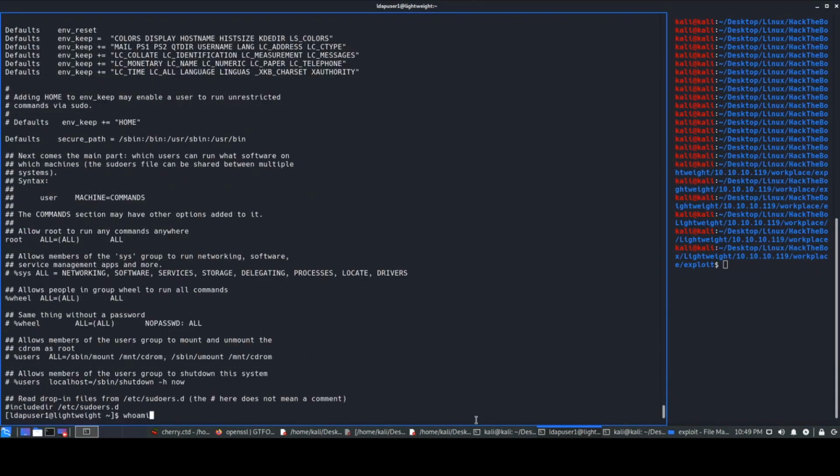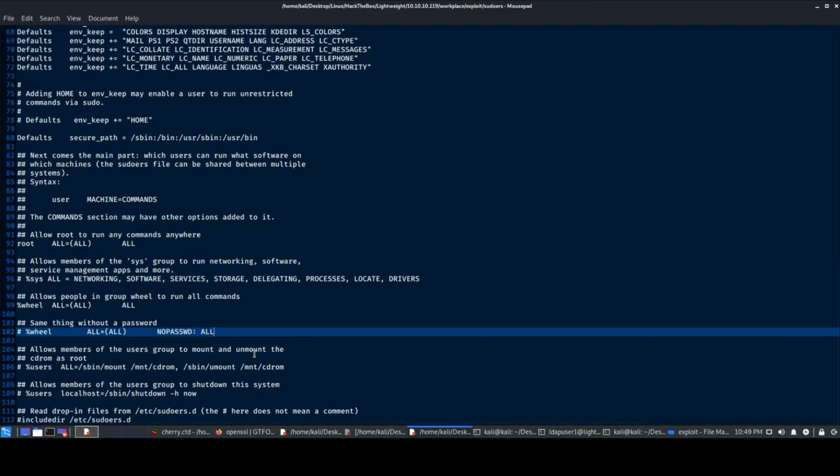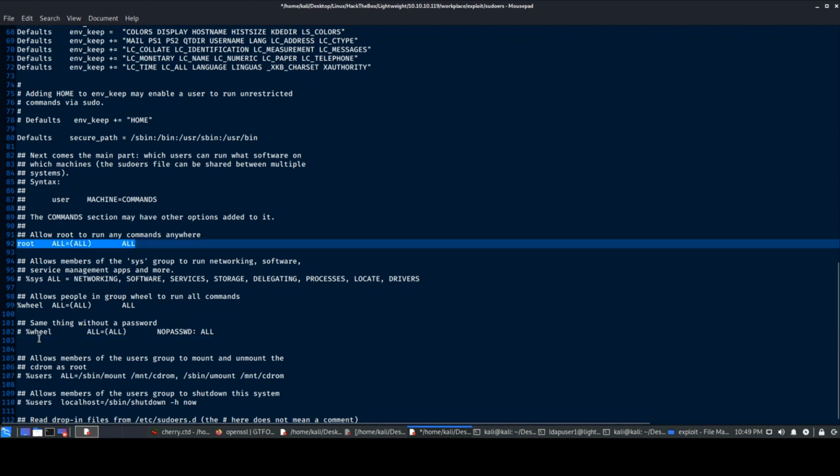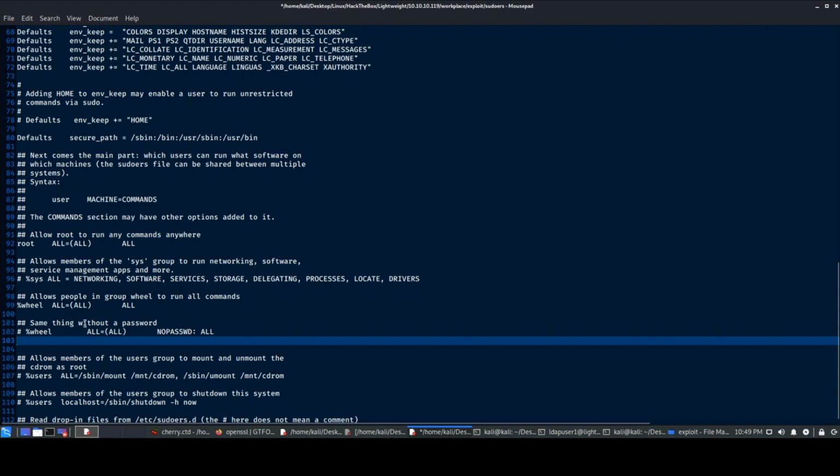If you do whoami, we are LDAP user 1. So let's just try adding LDAP user 1 over here. Obviously you don't have to add it after this hash; we'll add it something like this over here. It does not make a difference if you add it on top or something. Let's just add it below. LDAP user 1. So we can just tab, have this thing copied,